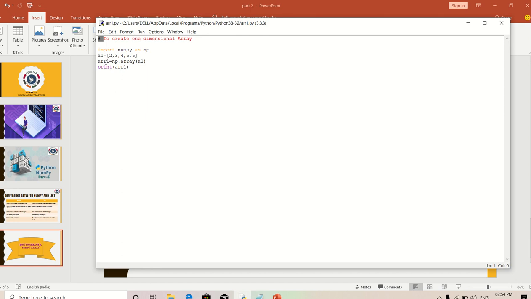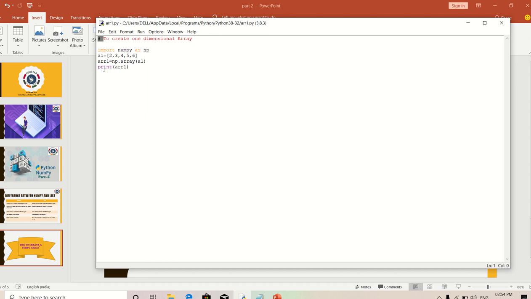Then I create another variable named arr1 equal to np.array of a1. Here np is the alias name of NumPy, and array is the keyword. This is the syntax: np.array of a1. What are the values of a1? 2, 3, 4, 5, 6.